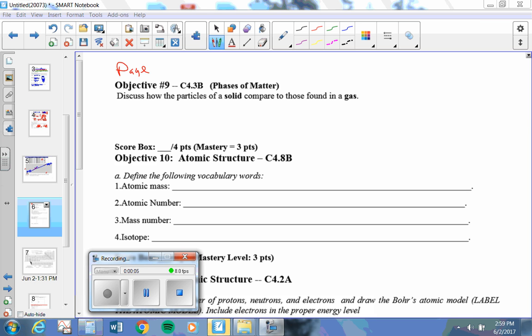Page 5 first has the discussion on how the particles of a solid compare to those found in a gas. If I was to draw them, which we did earlier, the solids are going to be arranged nice and neatly. They are touching and vibrating, whereas the gases are moving, bouncing around the container. So compare the particles in a solid